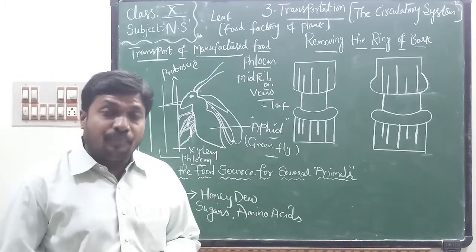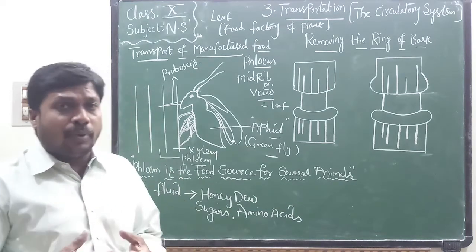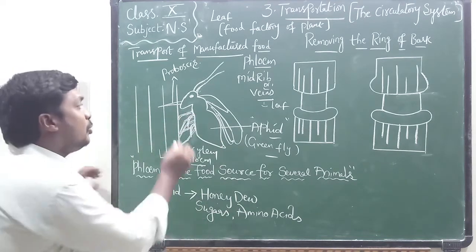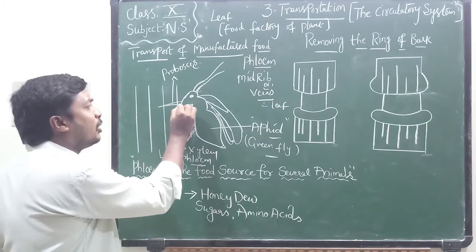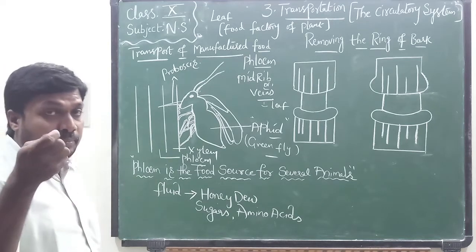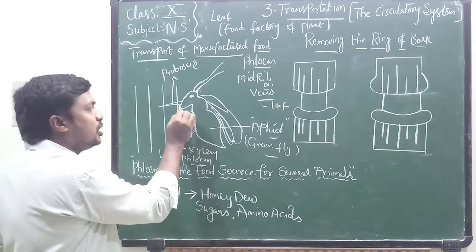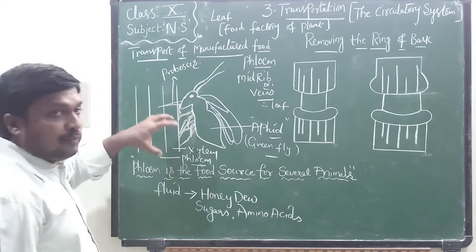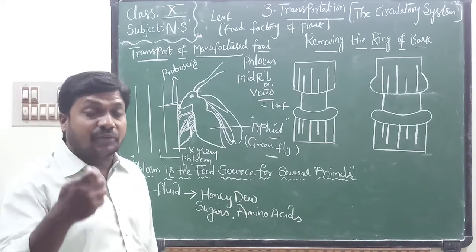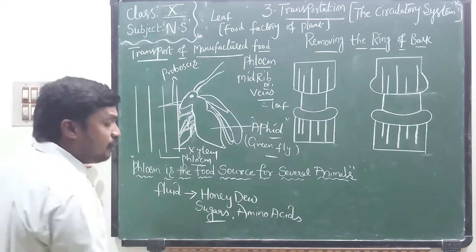But if you observe, the aphid does not absorb the total honeydew into its body. Some amount of honeydew is released from the proboscis in the form of drops onto the stem which they attacked. That's why, if you observe, the plants affected by aphids are sticky to touch. What is the reason? Due to the presence of sugars.